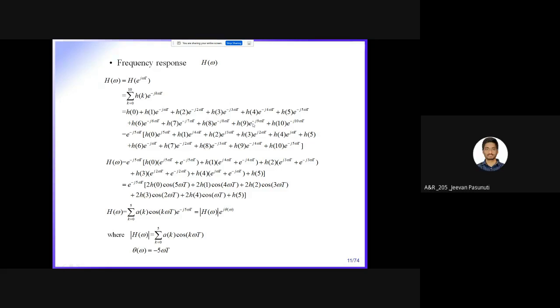Taking common. Okay, sir. Somehow you are making something like cosine term should come into picture. Yes or no? Yes, sir. So e power minus j 5 omega t will be as it is. H of 0 you multiply and divide by 2. So e power j theta plus e power minus j theta by 2. It becomes cos, isn't it? Yes, sir.